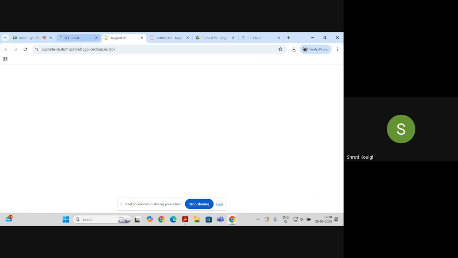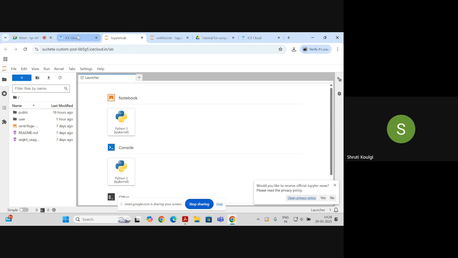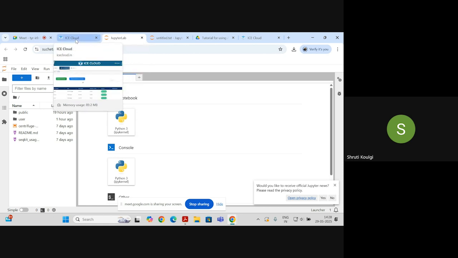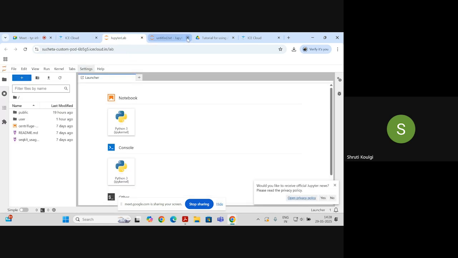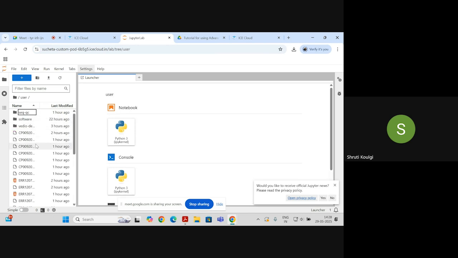Now it will launch the Jupyter notebook into a new tab. So this was our previous tab. After clicking this connect button from here, we have come to this Jupyter Lab. Now in this folder, you will see here instead of your username, since we typed there specifically to rename it as user, instead of your own name, you will be seeing user over here. So if you open this folder,